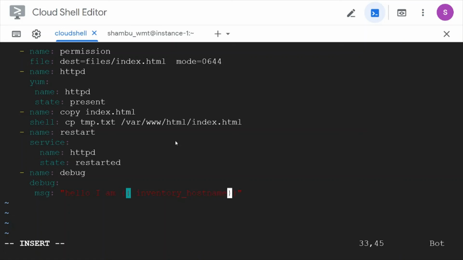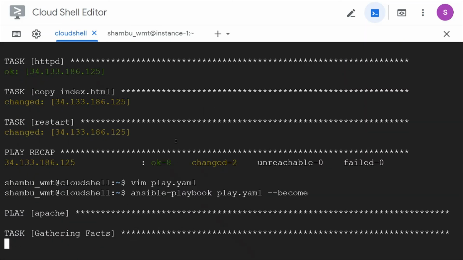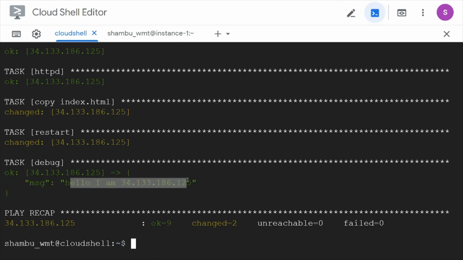Name. So let's close it and run the playbook. So it is printing the IP, hostname as IP.